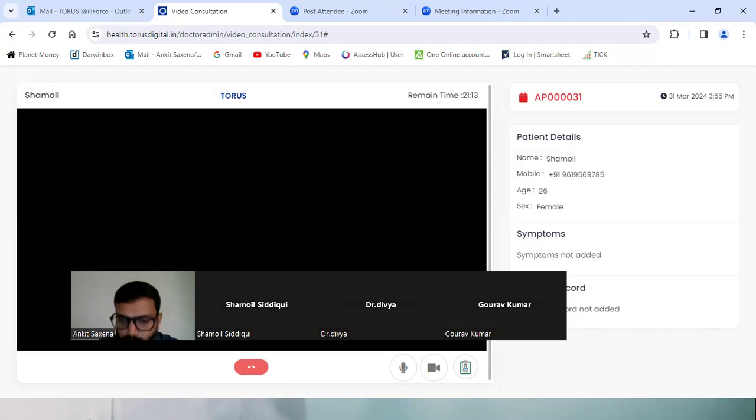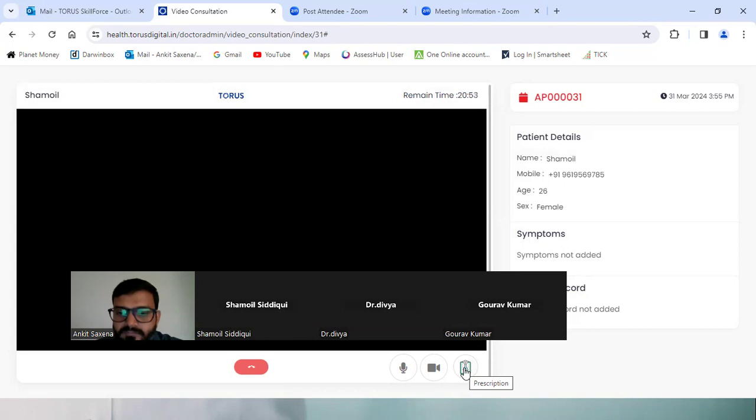So Dr. Gaurav, you are selecting the lab here. From the backend, if you have noticed in the e-prescription, at the bottom I have a button. Only when you select that button, the query is raised.